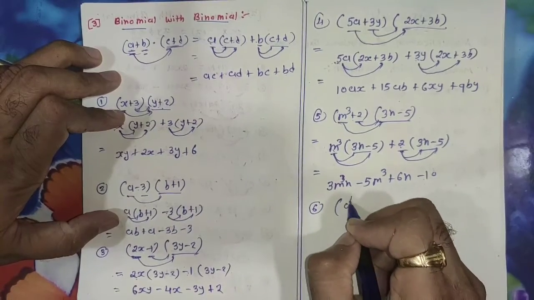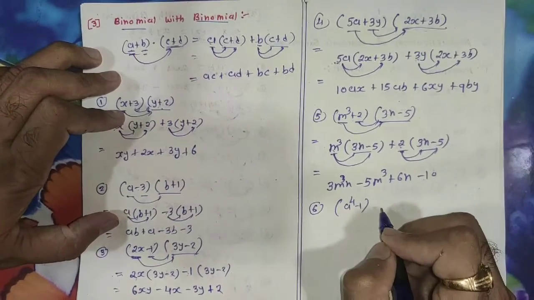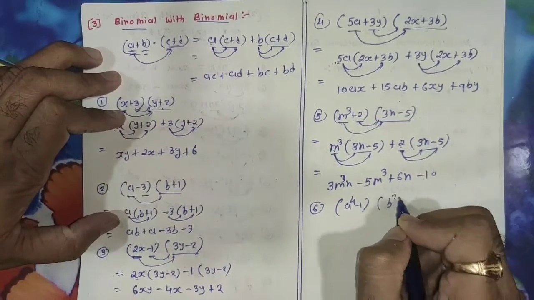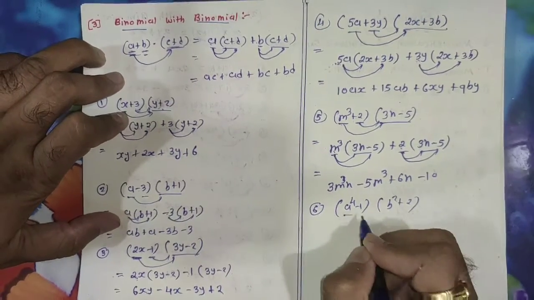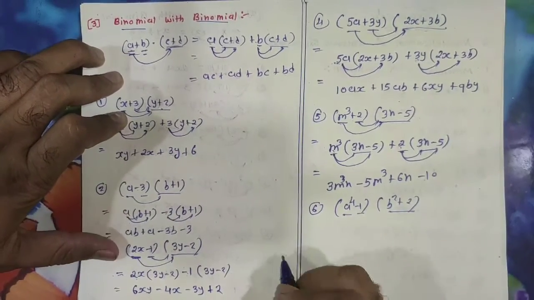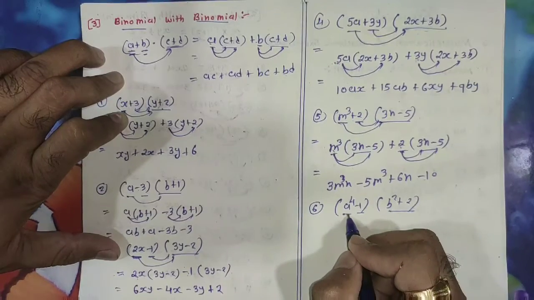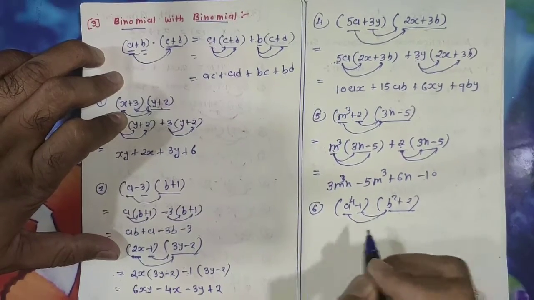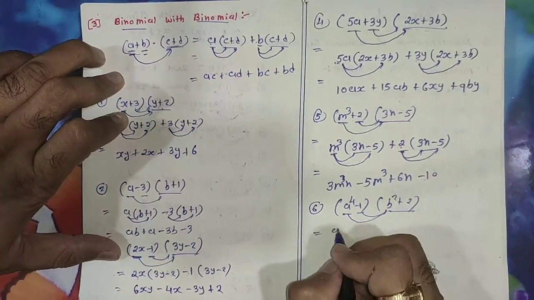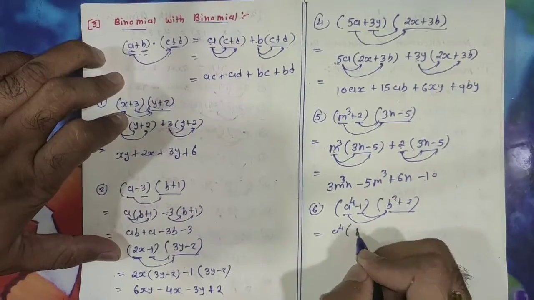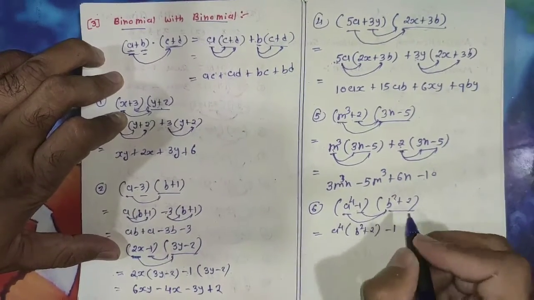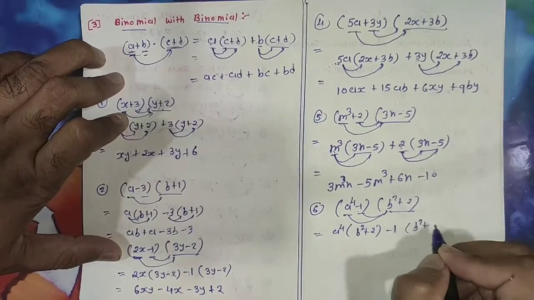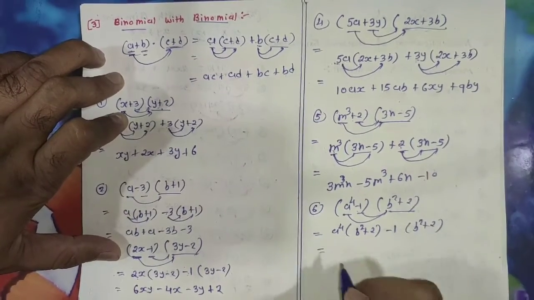Now last example of this multiplication. Suppose we are given a raised to 4 minus 1 and b square plus 2. क्या करना है, फर्स्ट टर्म और सेकंड टर्म को पूरे ब्रैकेट के साथ मल्टीप्लाई करना है, एक ही मेथड से जाना है. फर्स्ट इसको मल्टीप्लाई करो, बाद में इसको मल्टीप्लाई करो, सो दैट इज इक्वल टू a रेज टू 4 इंटू b स्क्वायर प्लस 2 माइनस 1 इंटू b स्क्वायर प्लस 2.